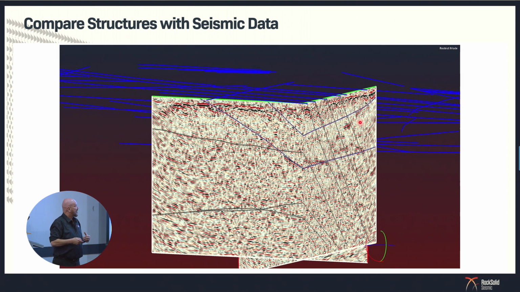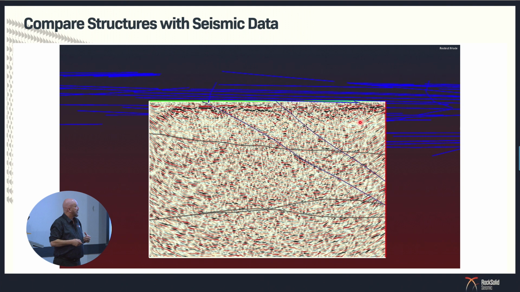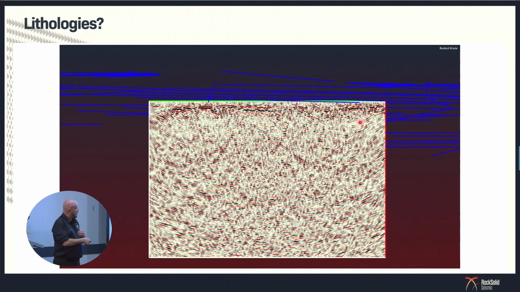Looking onto the one that runs north-south, what we're seeing on here is a big kick-ass reflection through there. Now, what does that reflection look like? What is it actually representing? I don't know at this stage. I can see something there. I can also see other things down through